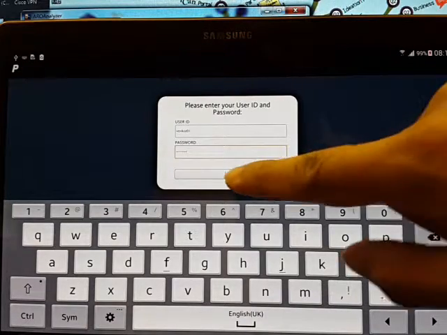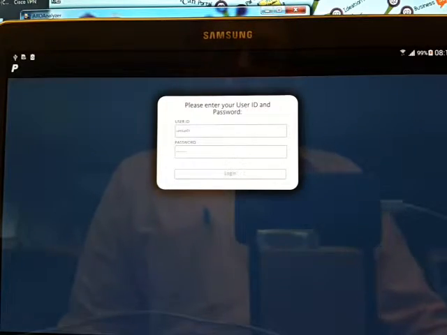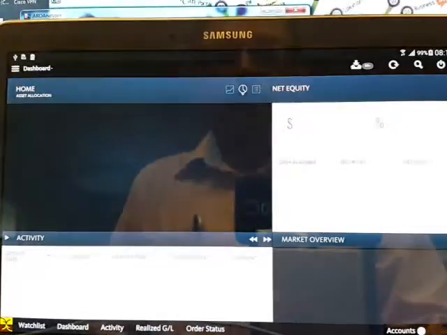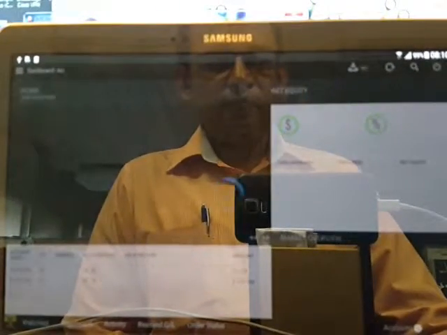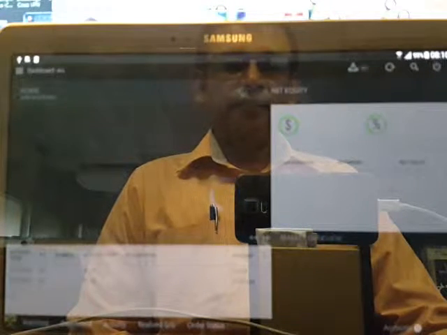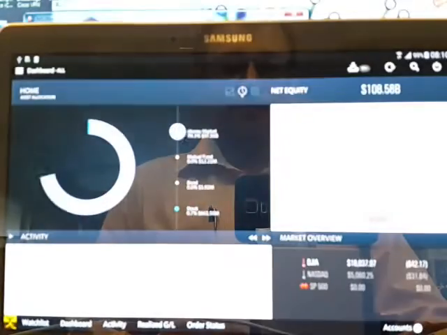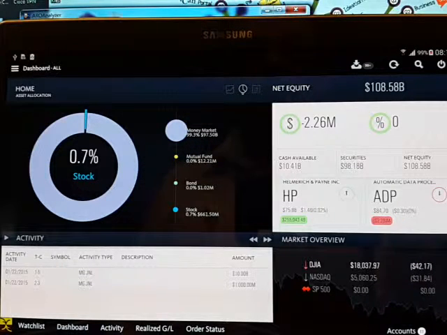So let me run this application and I'm just signing on now. You see the application response is pretty much slow. Still the application is rendering, and you see now we got the response. It's almost taking about 20 seconds. So